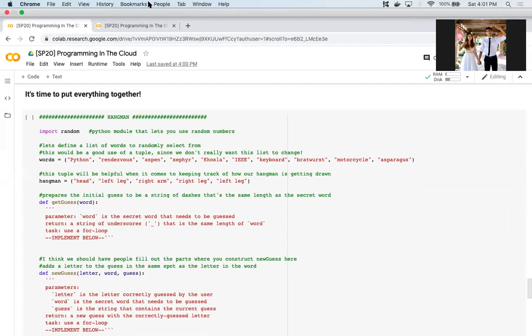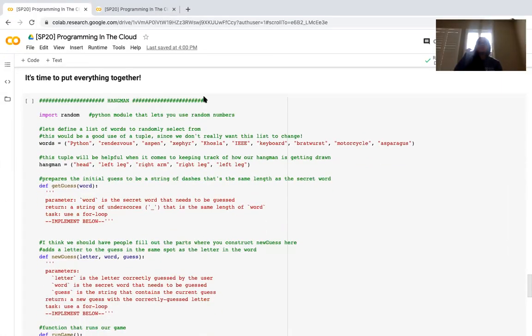Yeah, so the Hangman game starter code, we've given a lot of comments for code that we've already put in there for you that you don't need to edit. So the words tuple, you don't need to edit that. The Hangman tuple, you don't need to edit that. Any code that is already there, you don't have to change. If you could scroll down a little bit,